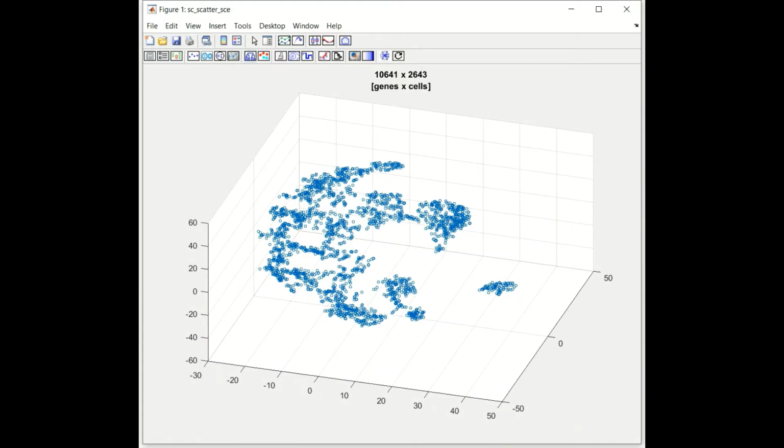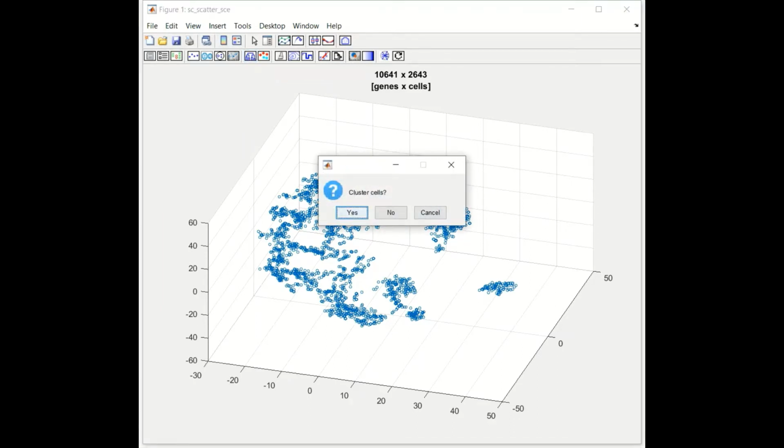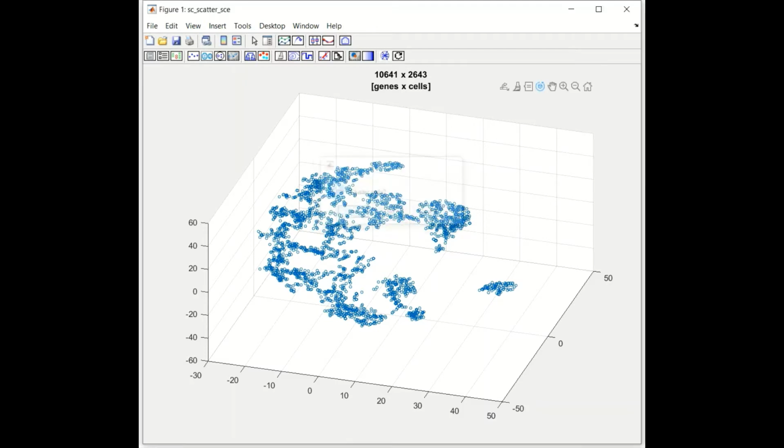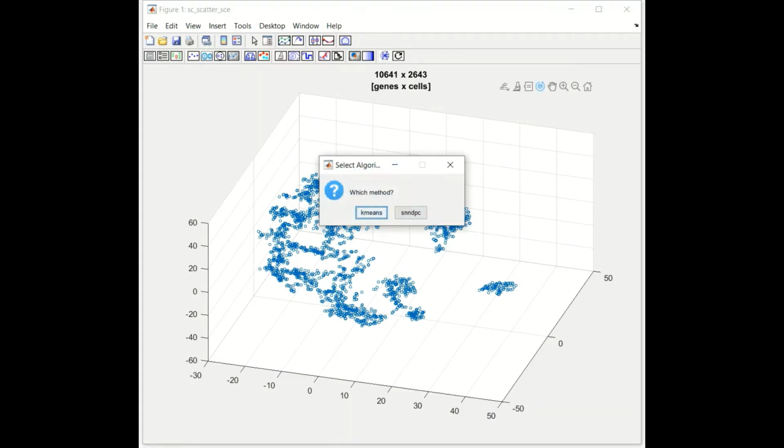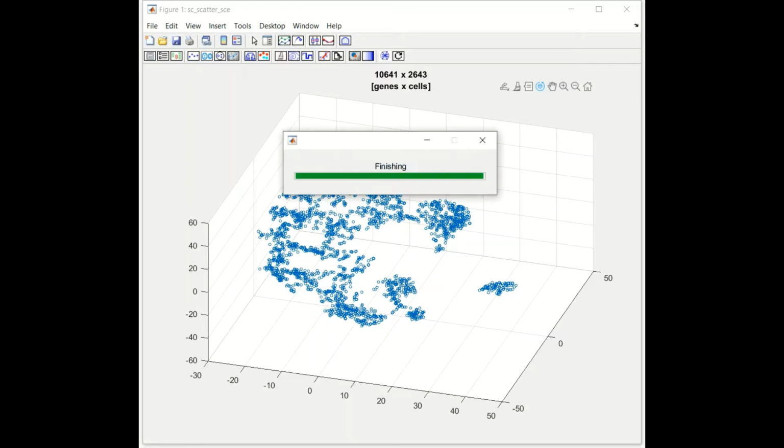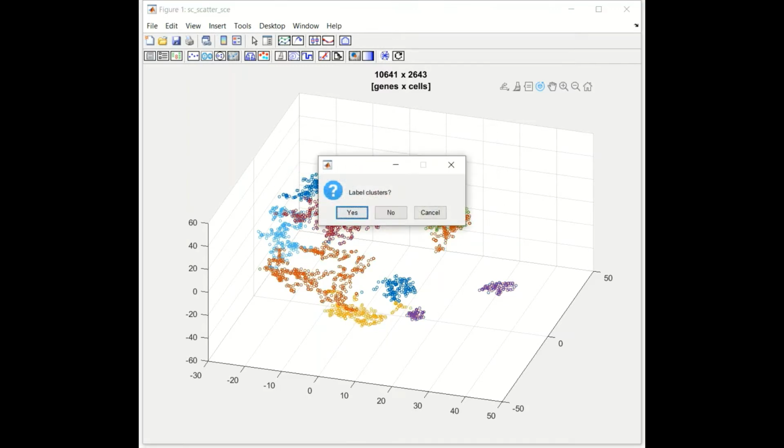So after you have this visual inspection, you can click this button, which clustering using embeddings. So you see, yes, I want to cluster cells, and then you have options, either use k-means or use another algorithm based on the shared nearest neighbor. But here I use k-means. So I select, say I want to cluster them into 10 groups,